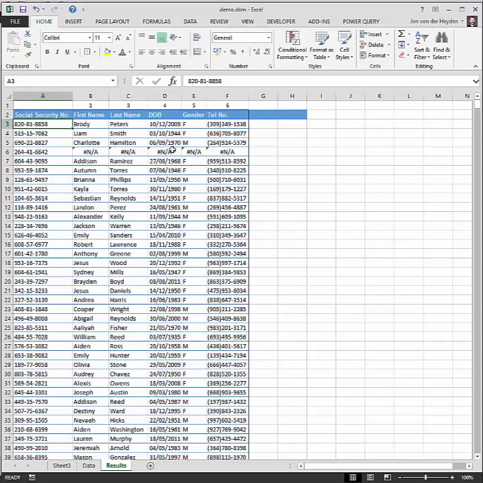When it finds the social security number, it will return the value that is adjacent to the social security number based on the column index. So 2 for the first name, 3 for last name, etc. That means if it does not find it, for instance with